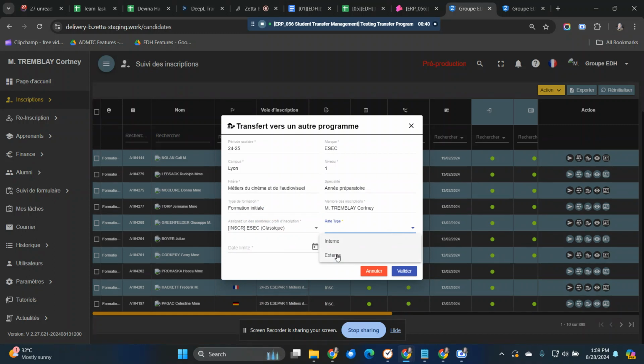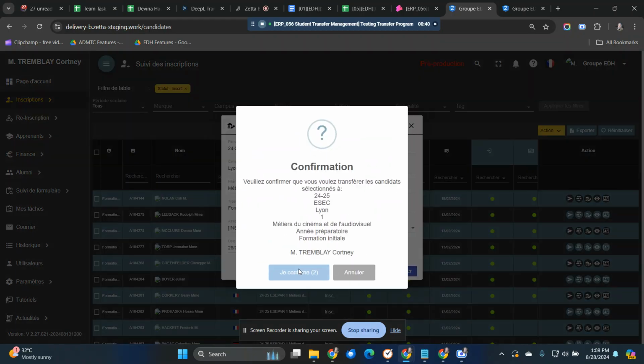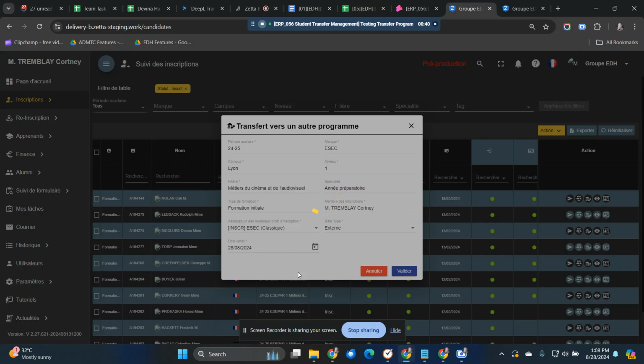I try to transfer the student. I click validate. So I validate. It should not display the student with the status registered.